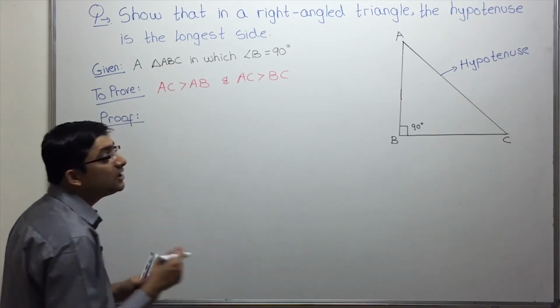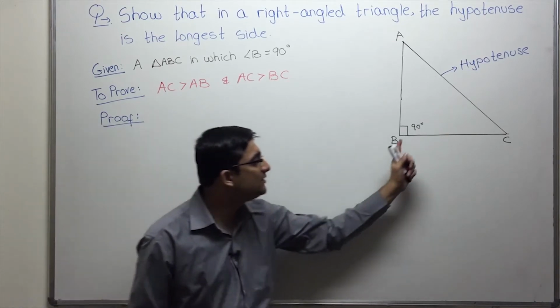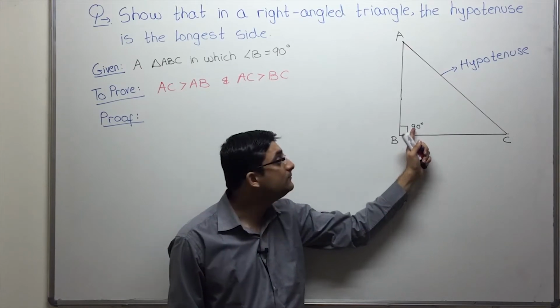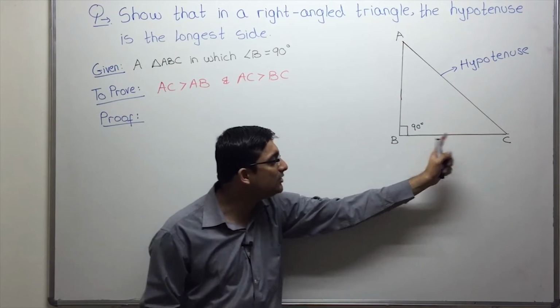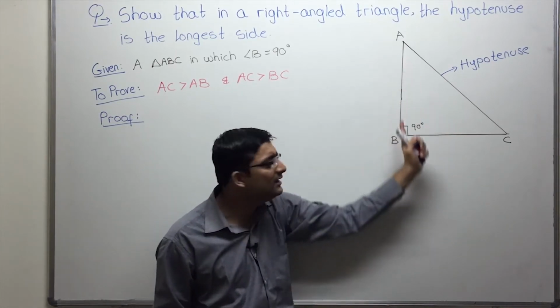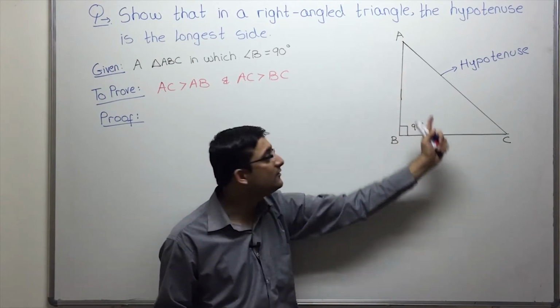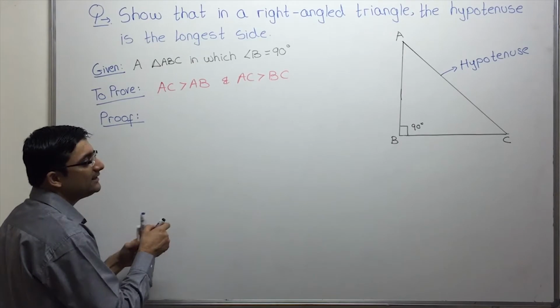So let's begin. Now, how do we begin over here? Always begin with what is given to you. What is given to us? Angle B is 90 degrees, right? So we have to take the help of this. Do I know angle A? No. Do I know angle C? Ultimately, I want a relationship between angle B and angle A and angle B and angle C. So what do we do? Apply the angle sum property, right? Angle A plus angle B plus angle C, 180. So first step, apply the angle sum property.